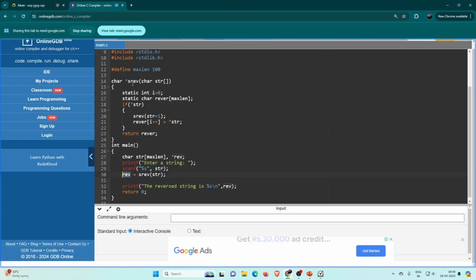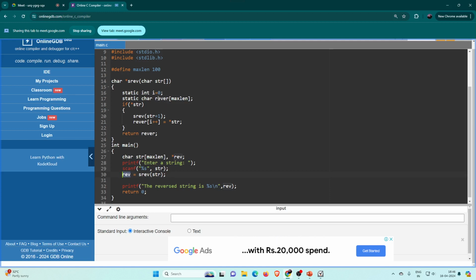This function itself is a character pointer. Then I take the input of the main string, the string the user has input. Then I declare